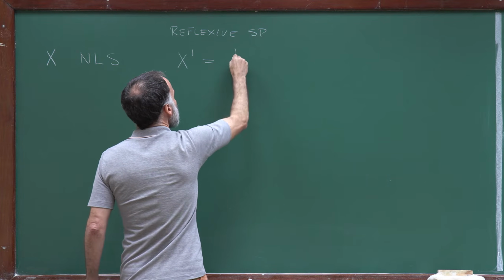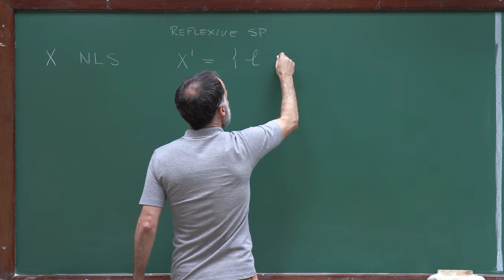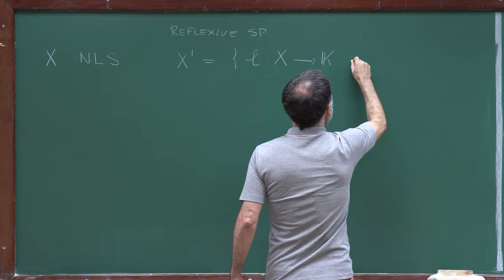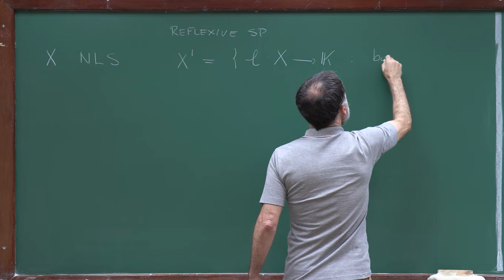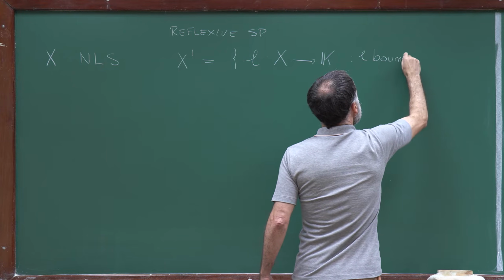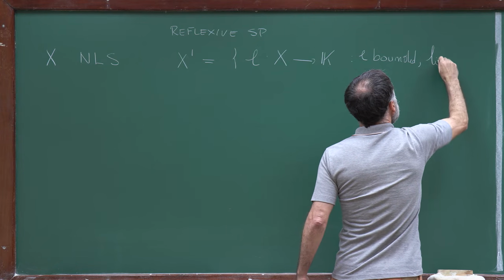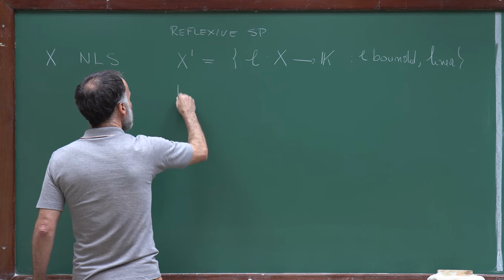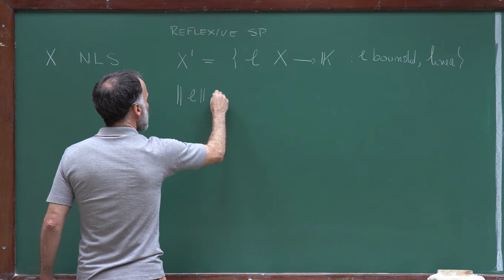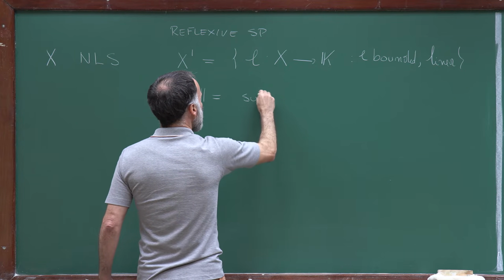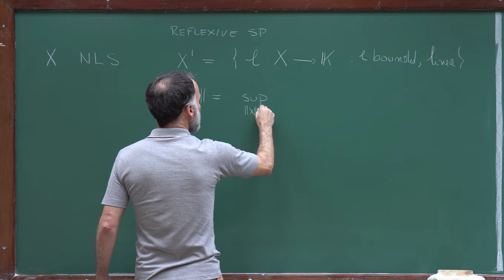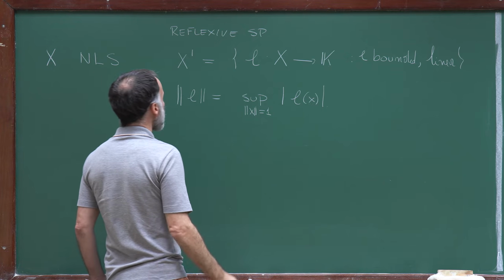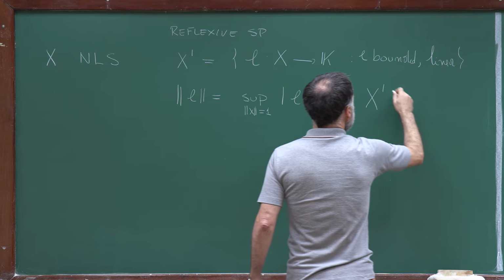So this is the space of all L, which are functionals from X to K, which are bounded and linear. And this space X prime is normed, so we define the norm of L to be the supremum over all X with norm equal to 1 of |L(X)|. So X prime is a normed linear space,